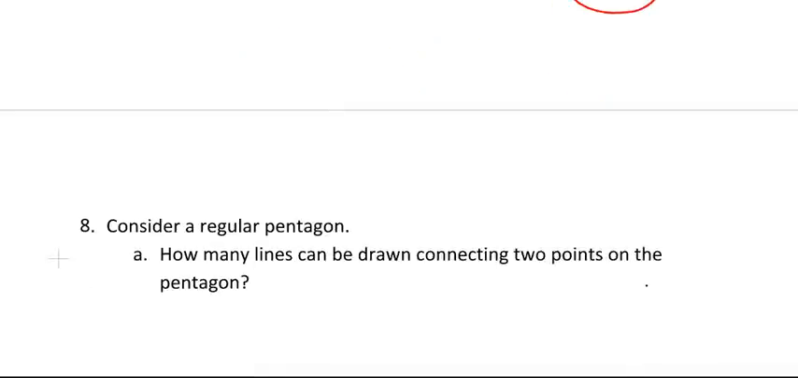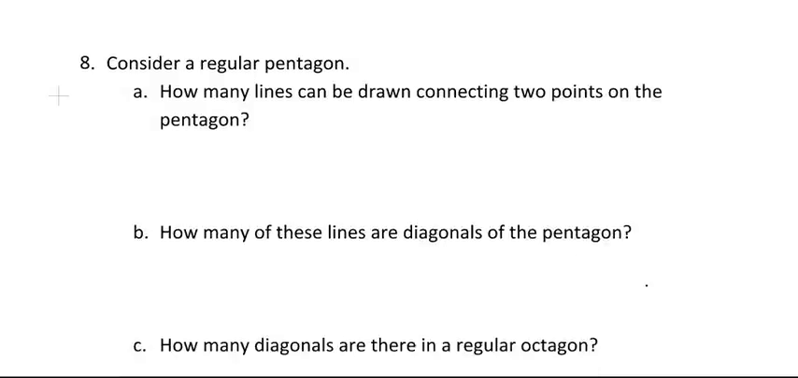All right, last set of questions. Consider a regular pentagon. So pentagon, hopefully you know, means 5 sides, and regular means equal sides. So a pentagon with 5 equal sides. How many lines can be drawn connecting 2 points on a pentagon? So 1, 2, 3, 4, 5. If these are points on a pentagon,